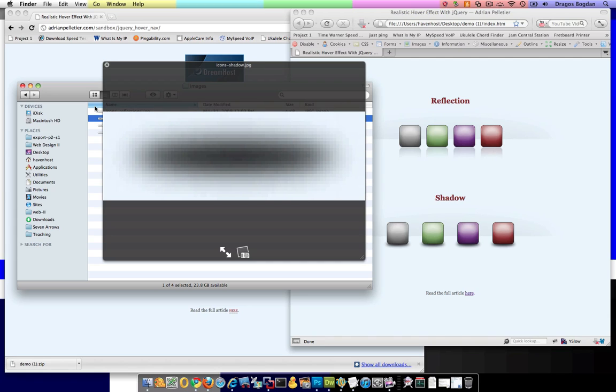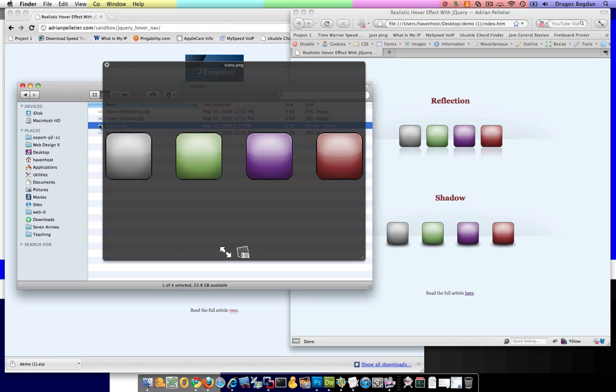Let's see what else we have. Okay, this is icons.shadow, so obviously this shadow is what's underneath these buttons over here underneath the shadow menu. What else do we have? Okay, the actual icons. It almost seems like I could use this as a template that I could change to whatever I want, and if I don't want to fuss around too much with it in Photoshop, I could likely just try to position whatever I have in mind as far as icons to be